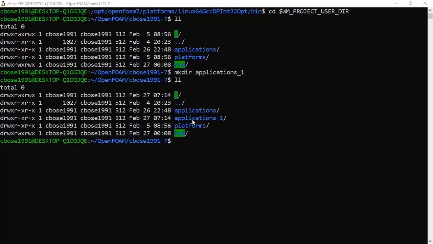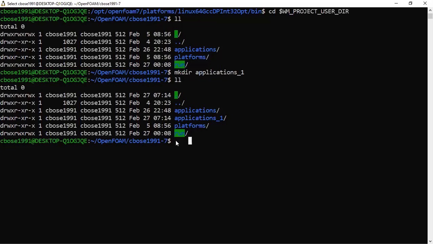Yes, sir. And also create one folder called run, where you will be running your solver. Run is already available, sir. Okay, because you have already created it during installation without knowing the implications. Now I will directly jump into how to compile a hello world code, which you don't have to do. Just follow the steps of compilation. Then in the next step, we'll be writing a Laplacian solver and compile it using the same procedure.